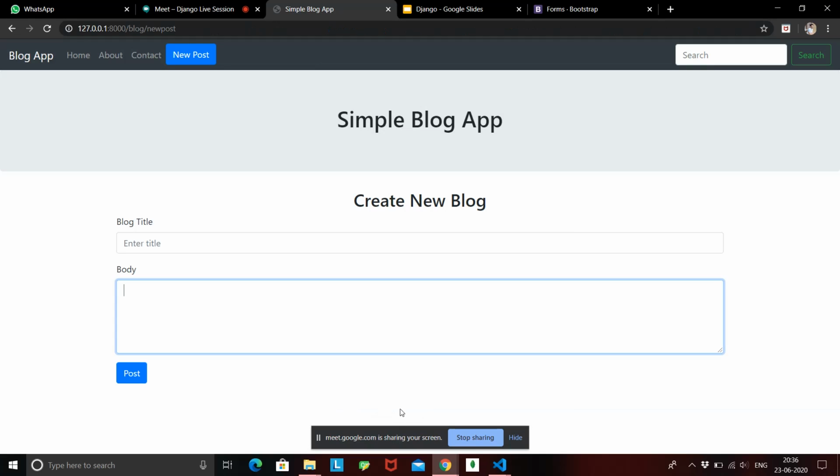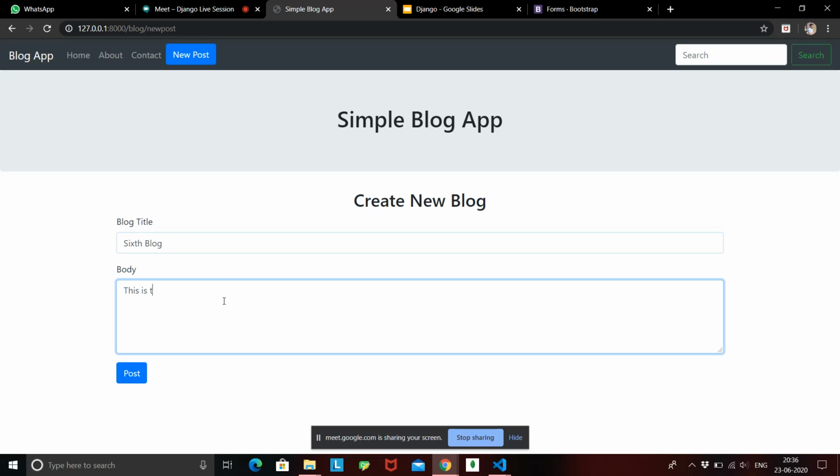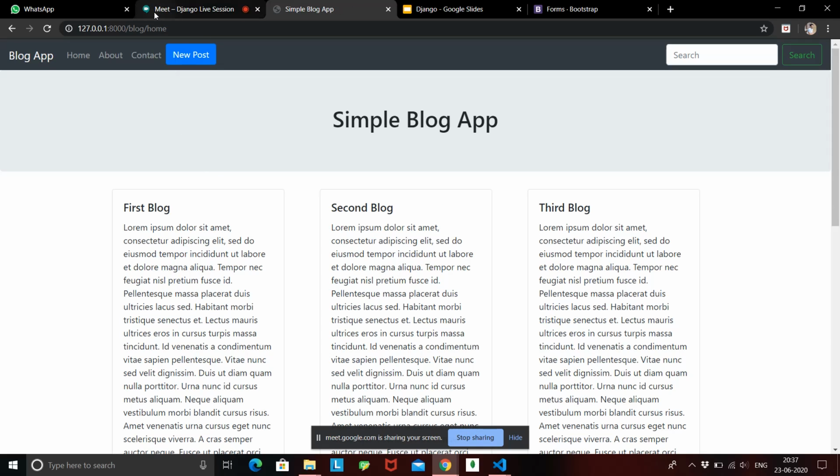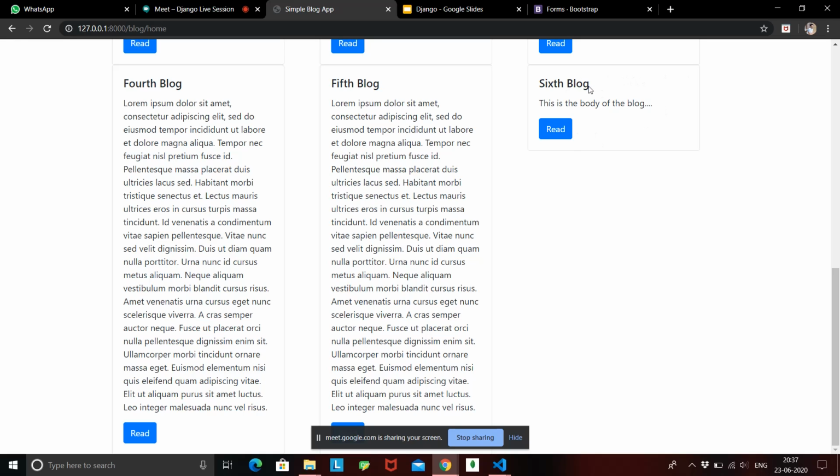If we go back and refresh our page, let's try to create a blog. I'll give it the title 6th blog, and I'll just give some text. Once I hit post, it should take me to the home page. Now if I scroll back down, we can see our 6th blog is created.